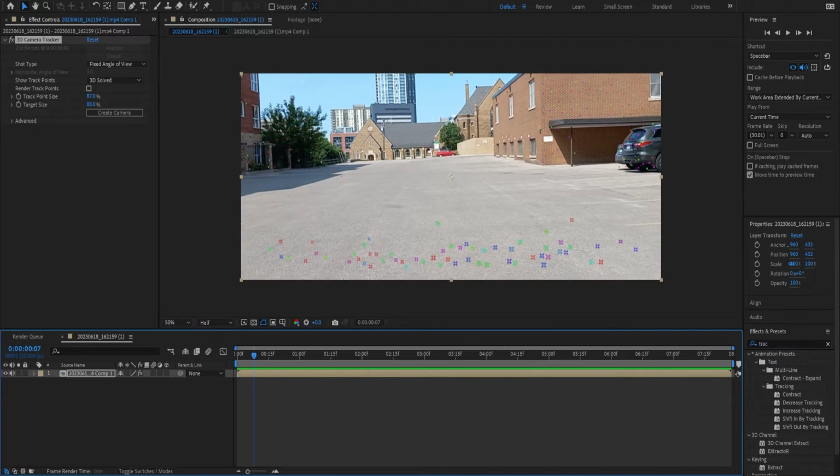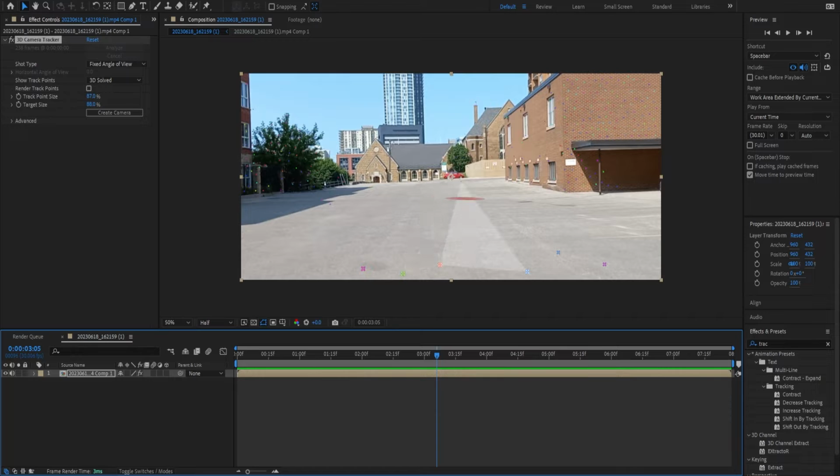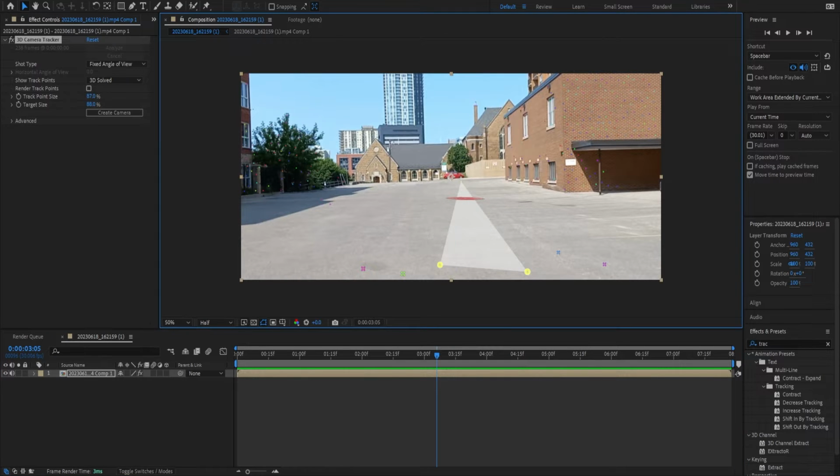So what I'm actually going to do is move forward. Something like that. See, you kind of got to wiggle it around. Find a good spot. It's a little angled. Go a little bit further. We'll keep it going. Right, a bit. That looks okay. So we're going to click there, and without moving the mouse any further, you're going to right